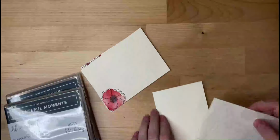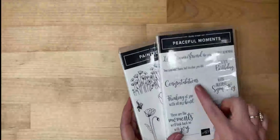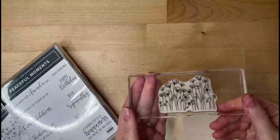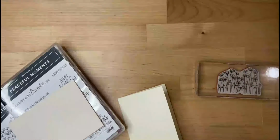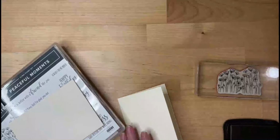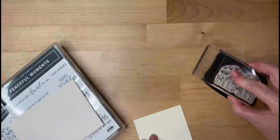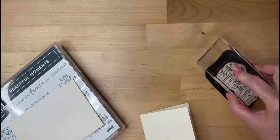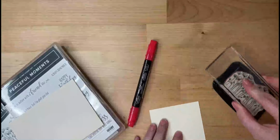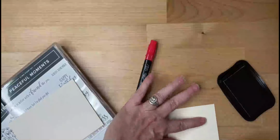And this is just going to be some really simple stamping using the Painted Poppy stamp set and the Peaceful Moments. So I've got this poppy little scene here. And that is going to be stamped with our Memento Tuxedo Black because I'm going to color it in with Stampin' Blends. And these Stampin' Blends, you have to use the Tuxedo Black, this Memento ink. It's the ink you want to use when you're using your Stampin' Blends. Okay, so I'm going to